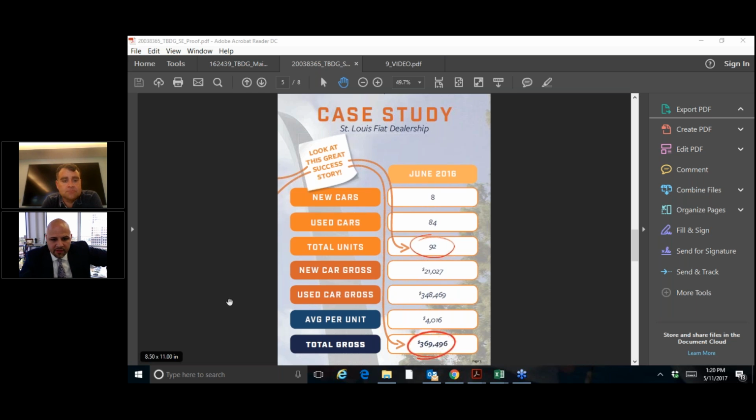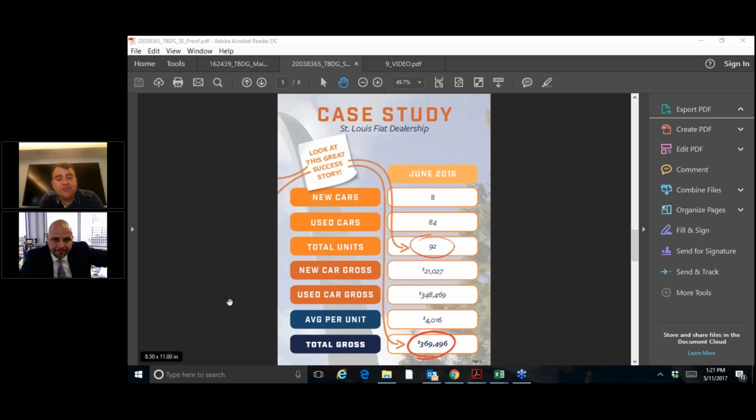So with their boots on the ground and our guys on the ground, we were able to take a store that would typically only do 30 cars a month, and in a matter of 8 days, 9 days, triple what they would do in a given month, obviously not the gross, but from a volume perspective, and knock it out of the park. So it's a lot of everything we do, but then of course, the team dynamic working together. I hate to be cheesy, but the teamwork makes the dream work.